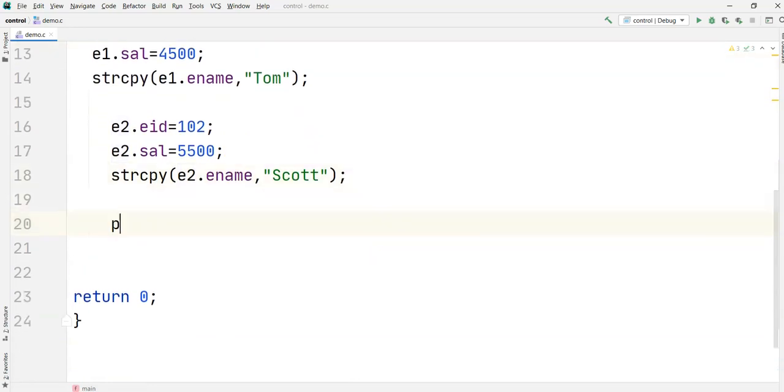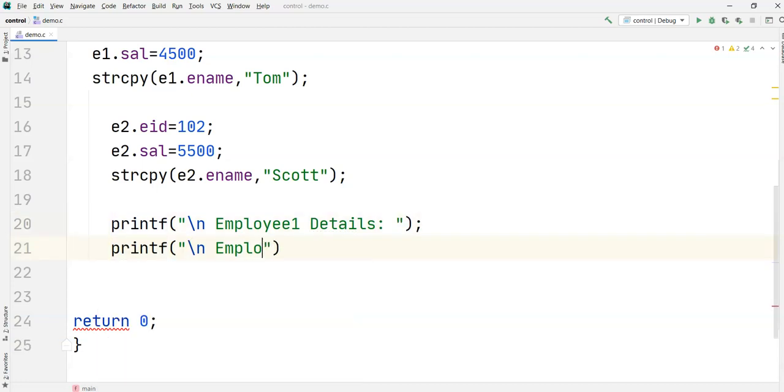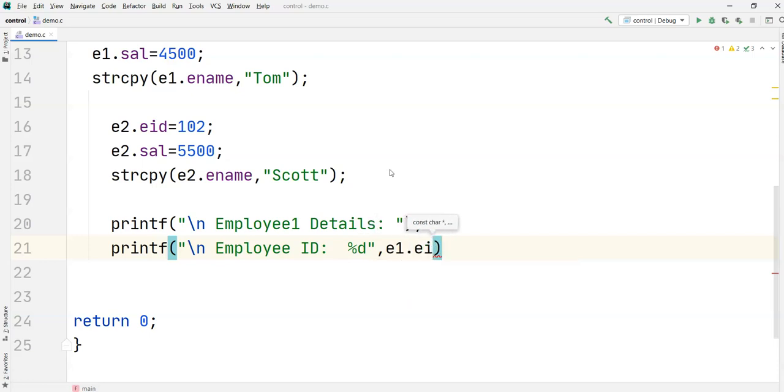Now let us print the first employee details. Backslash n, employee 1 details. I'll say printf, backslash n, employee ID, that is employee ID percent d. How do I get the value? I need to call it with the employee 1 variable, that is E1 dot EID.